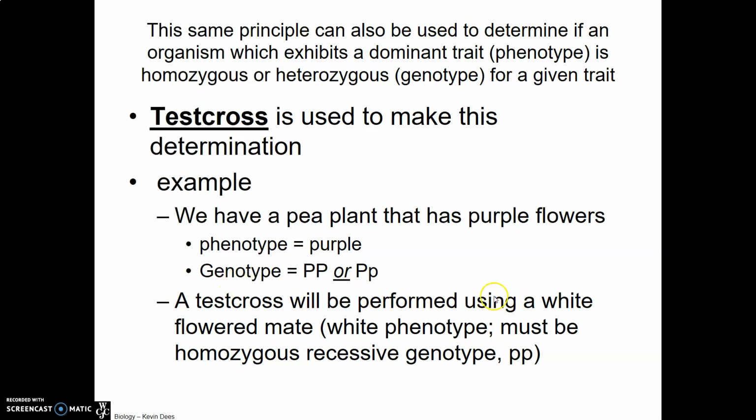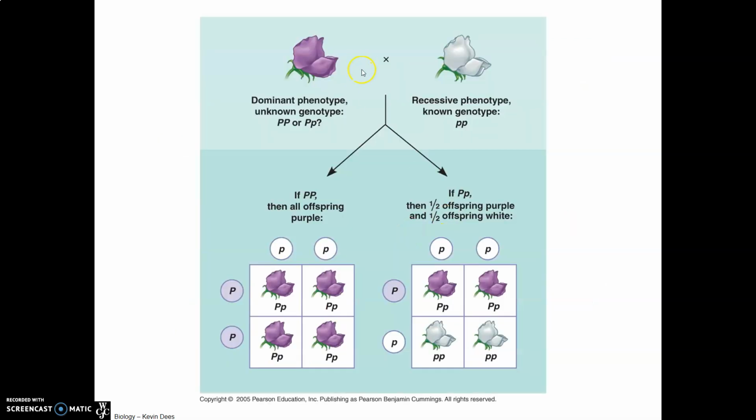And a test cross will use the homozygous recessive genotype, or in this case, the white phenotype for our pea plant flowers. Now, to do this test cross, we will take our unknown, and we know it has one dominant allele because the phenotype is purple flowers. It's the second allele that we're not sure of. So by crossing this individual with our homozygous recessive, which has white flowers, we then can look at the ratio